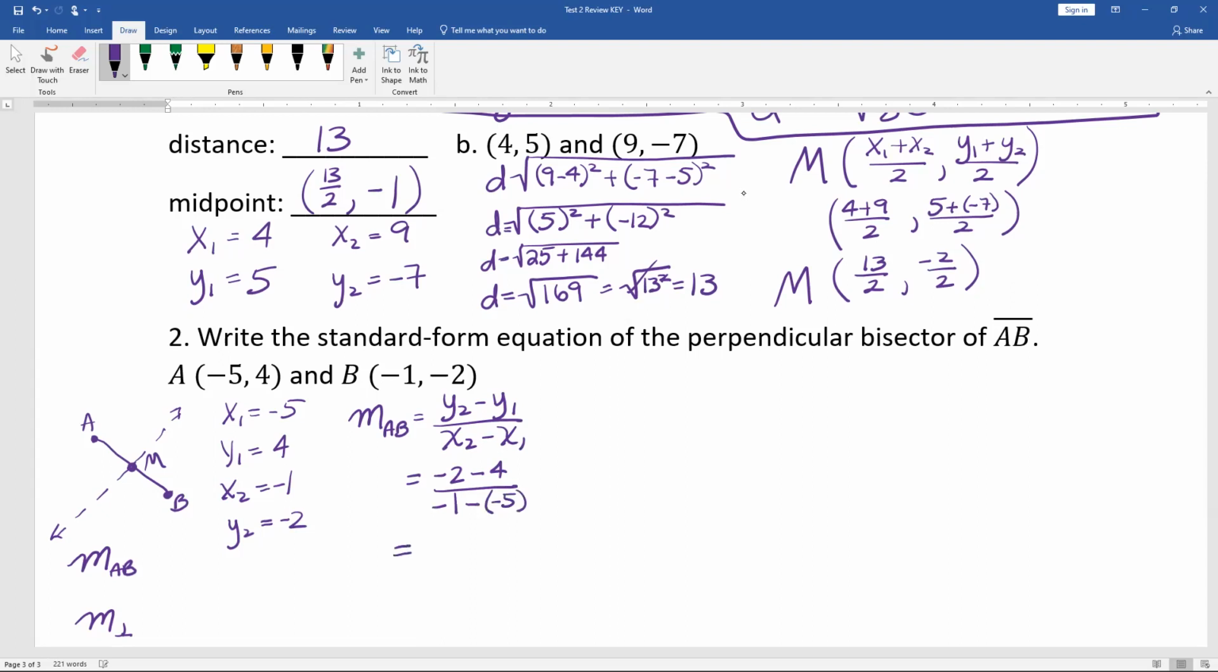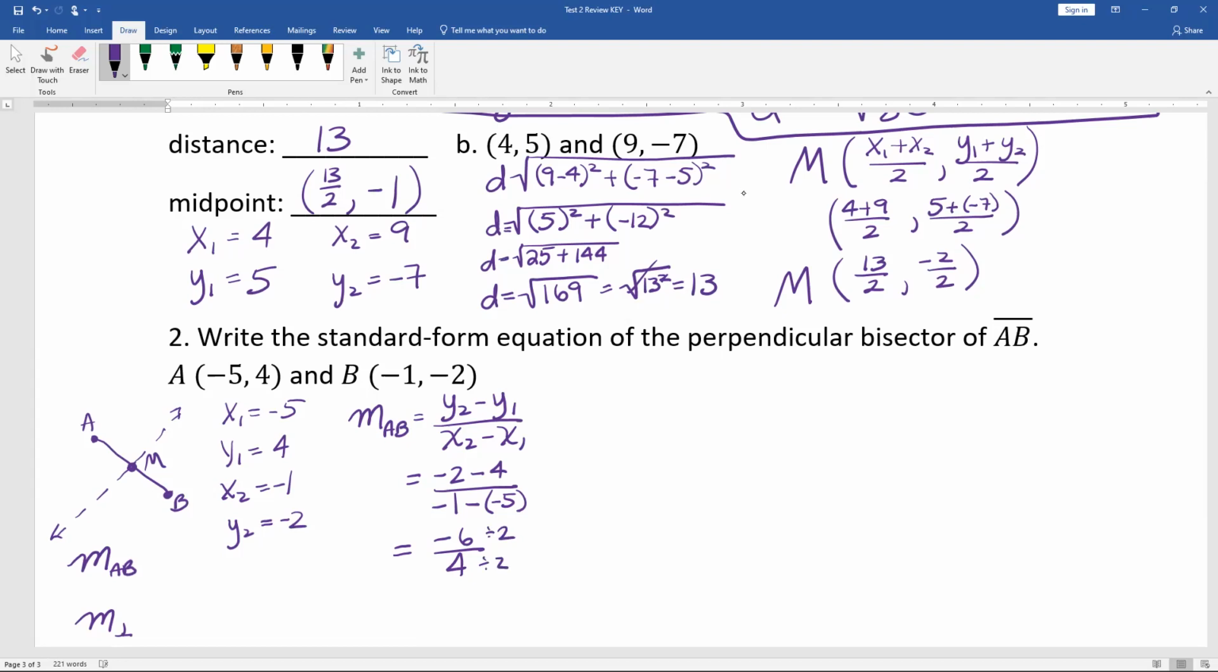Okay, so y2 is -2 minus y1, which is 4. There we go. That's better. x2 is -1 minus x1, which is -5. All right, so I'm going to keep going here. So I have -2 minus 4, so this is -2 plus a -4. So -6 over -1 plus 5, which is the same thing as 5 minus 1. So that's a +4. All right, so we simplify that to